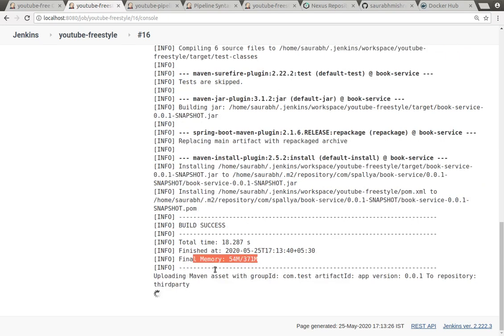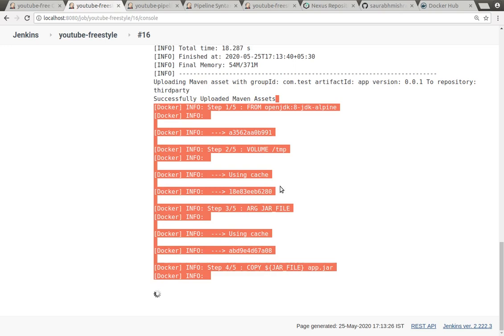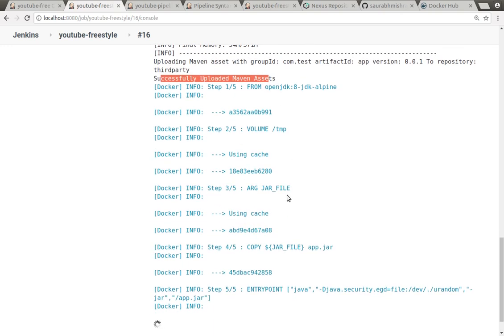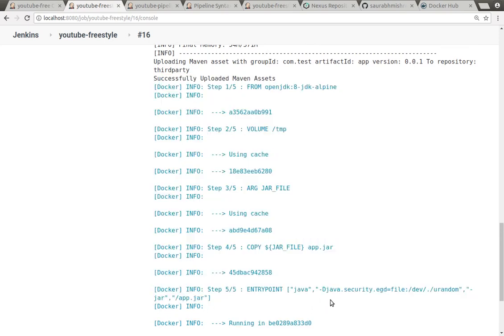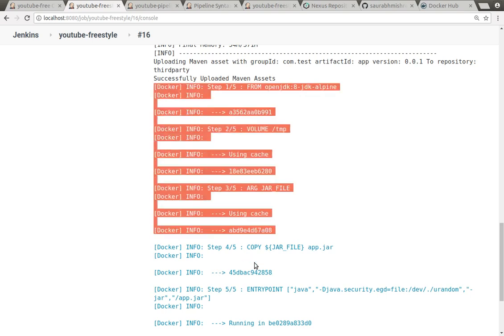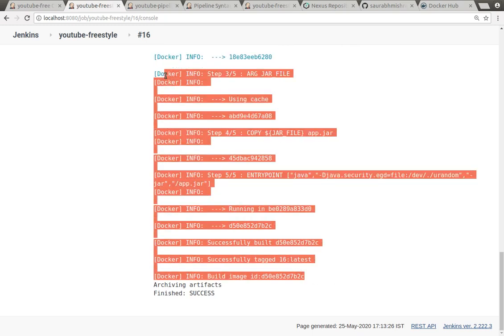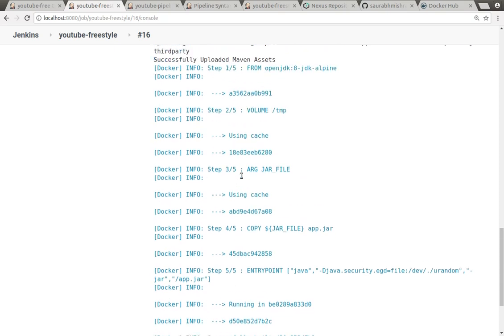After that, whatever we have configured, see, the build succeeded for the Maven build. After that, it is publishing, and it successfully uploaded this Maven artifact. That means this artifact is published to the repository server, whatever we have configured. And after that, it runs the Docker command also for building the application. Using the Docker file we have provided, it has built the application and pushed it. So the Docker image got built with this ID. Finally the Jenkins job succeeded.